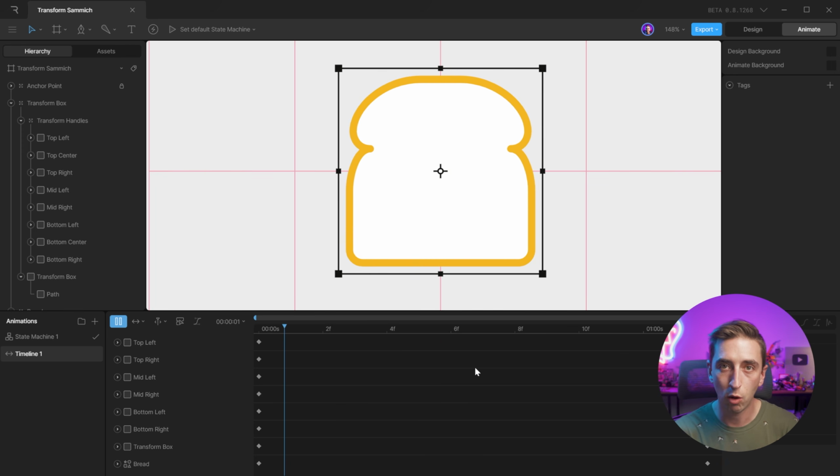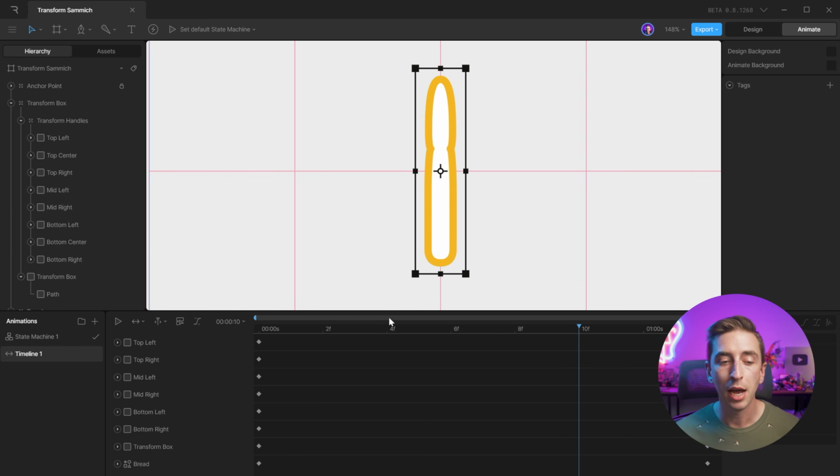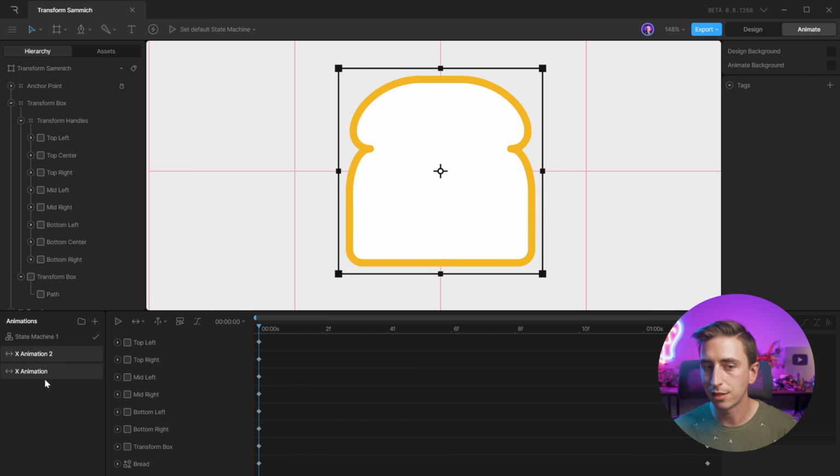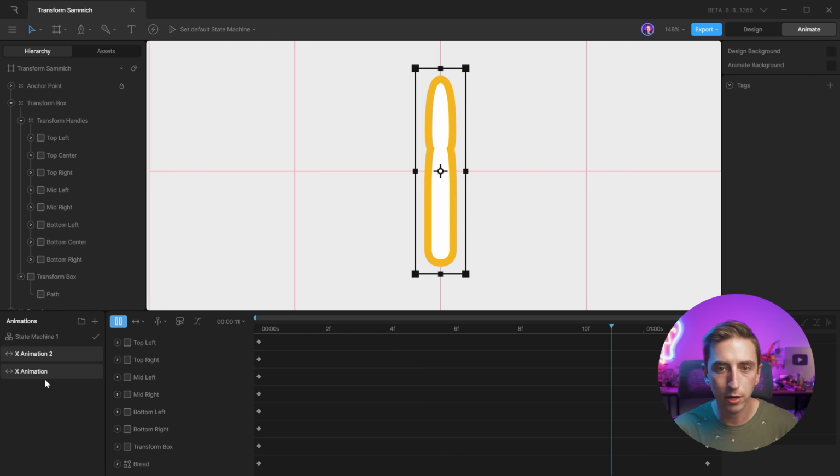What I need to do now is the Y animation, but I don't want to do it on this timeline. I want to make a duplicate timeline for that specific Y animation. So let's just rename this one by double clicking. I'll call it X animation, and then I'll right click on it and say duplicate. This gives me an identical timeline if I play it back, same playback settings, frame rate, all of that, but